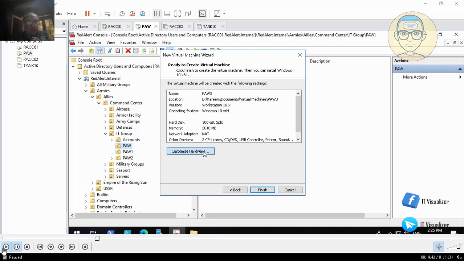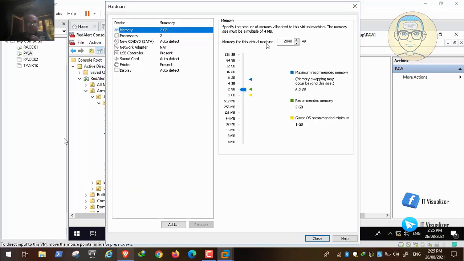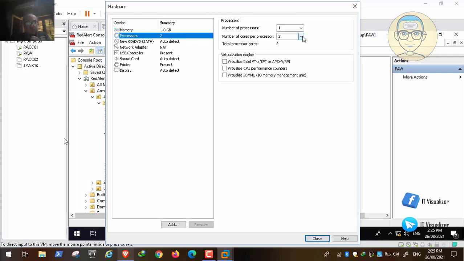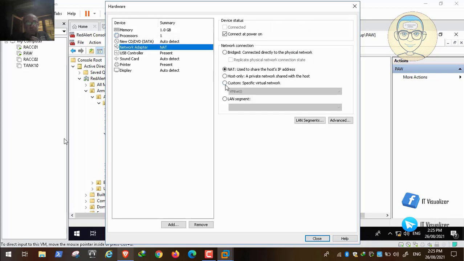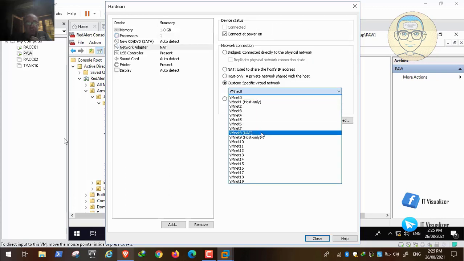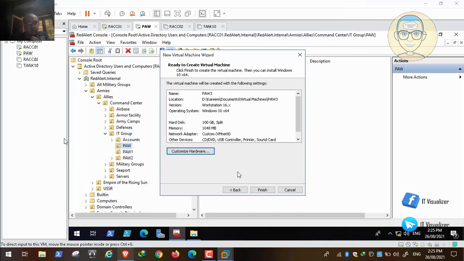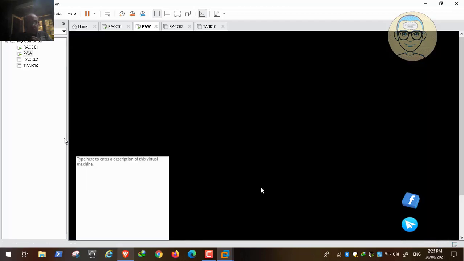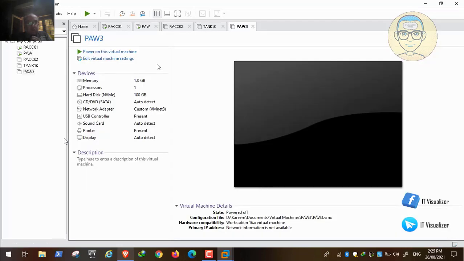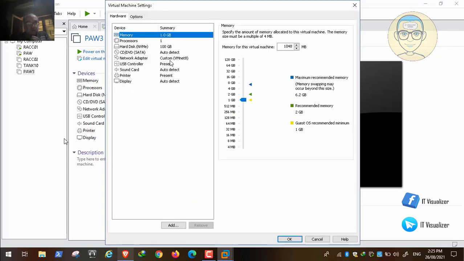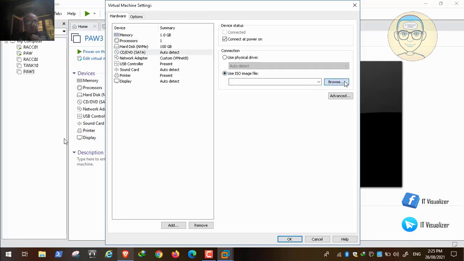So now we will customize the hardware, and then we will give it 1 gigabyte of RAM, and then we will give it one processor. Okay, and then we will put it on the network of VMnet 8. All of our virtual machines are on VMnet 8. This is the internal network name, and then we should edit the virtual machine settings and mount the ISO image for the Windows 10 LTSC. So we'll go to browse, and then